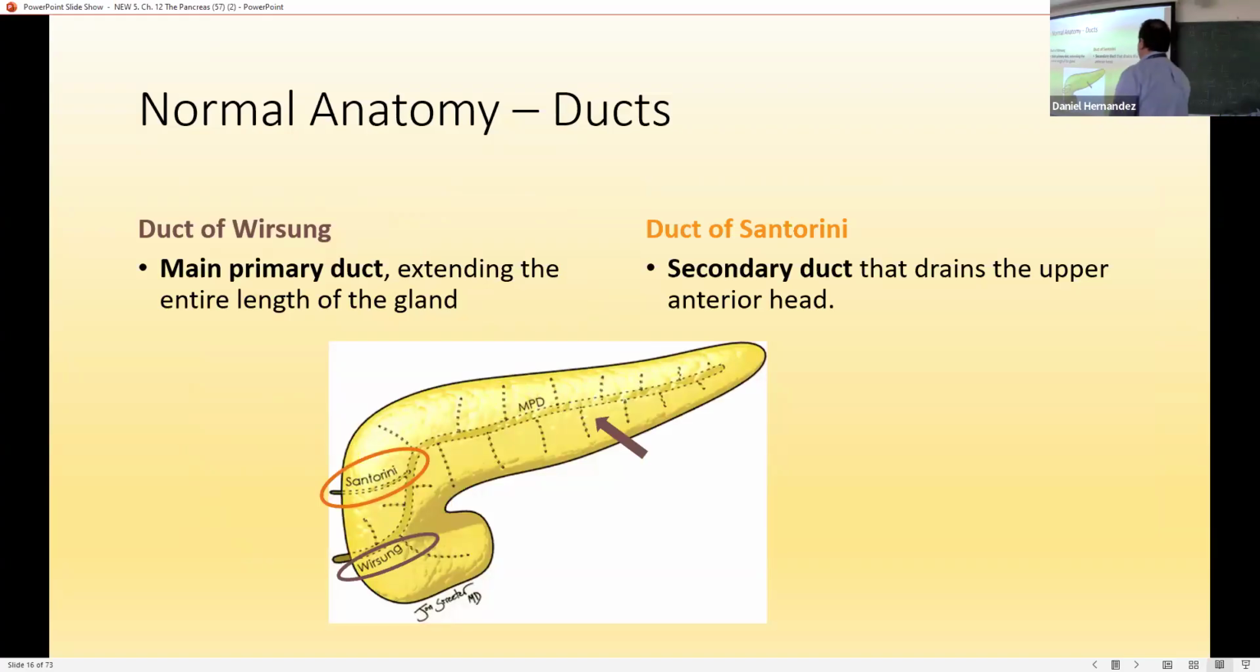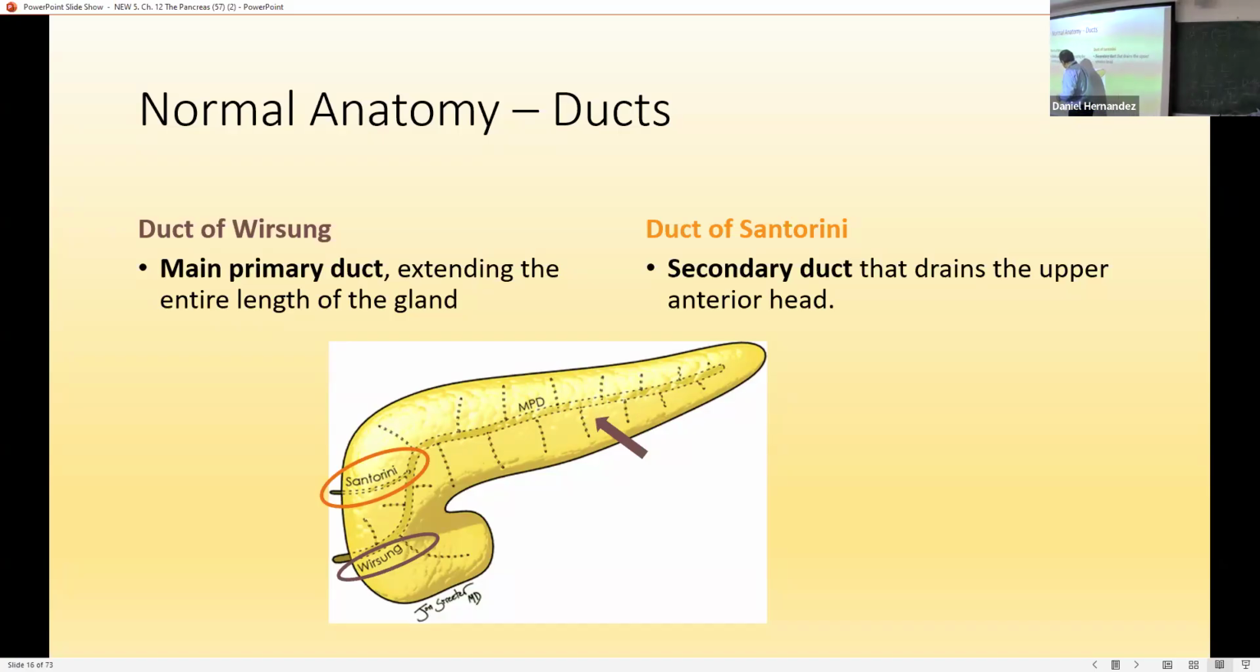In terms of ducts, we've got two ducts, the duct of Wirsung and the duct of Santorini. The main pancreatic duct, the main pathway for drainage of these pancreatic enzymes, is also referred to as the duct of Wirsung. This courses the entire length of the pancreas, going all the way from the tail, through the body, through the neck, down into the head, and then it takes a little dip down,